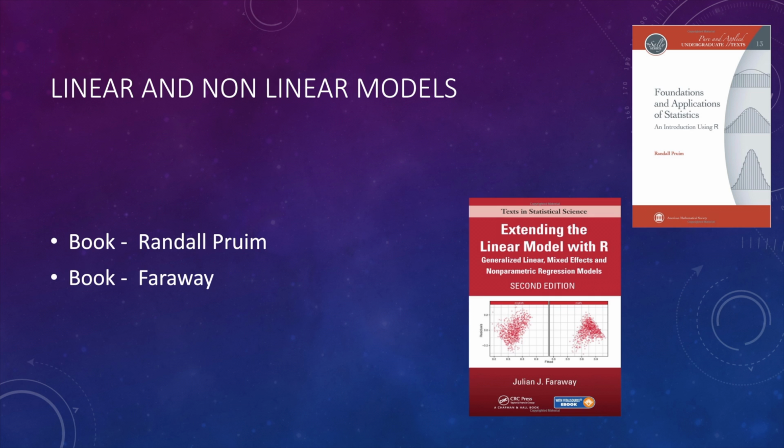Now coming to the meat of the theory part. Learning about linear and nonlinear models will give you a better understanding of the math behind the models that you can fit to different types of data. This is the real stuff that makes data science hard, and these two books have been my cornerstone in learning the concepts involved in modeling. Randall Pruim's is the book you would start with first to get to know the linear modeling part, and then follow that with Faraway's book on extending the linear model, which covers the non-linear modeling in detail. This is the part you have to go through to be the data scientist who really knows his stuff.